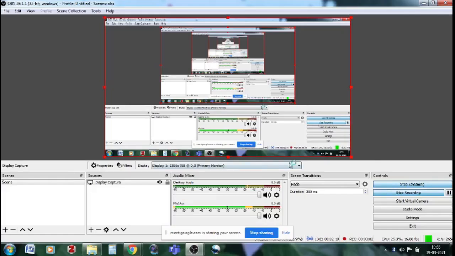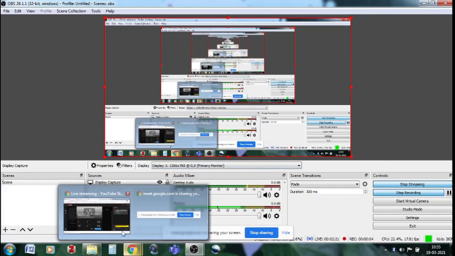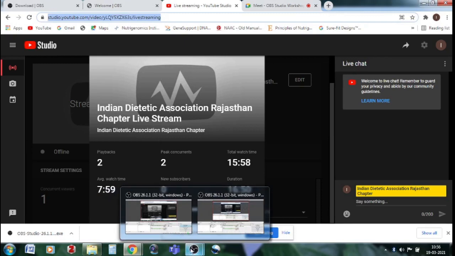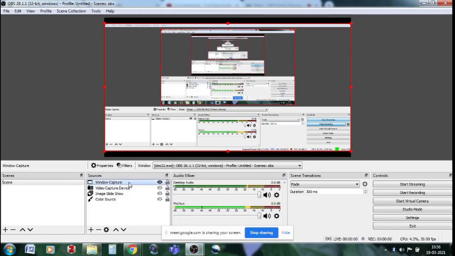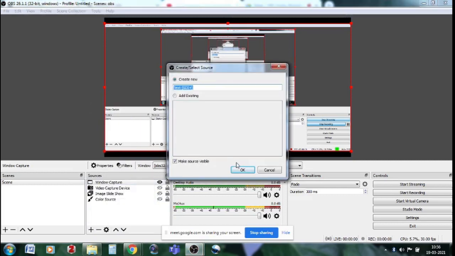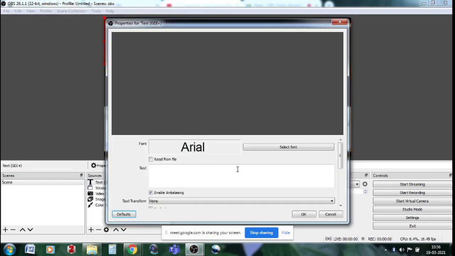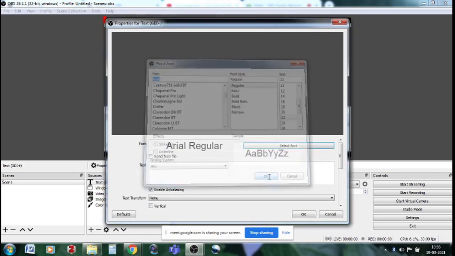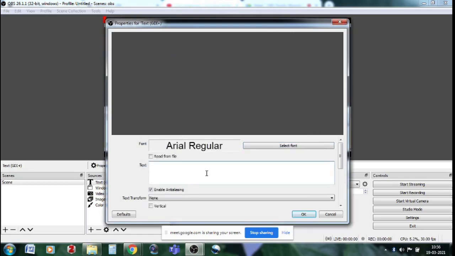There. I will again start recording here, and this is how you do it. And there is one more very interesting feature which I want to show you, and that is the text. Now text, if you know the languages, different languages, whichever you want to select, you can select. There are options, whichever font you want and whichever font size you want. So if I go for 22, now I will type my name here.